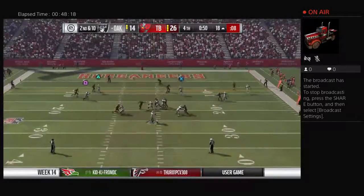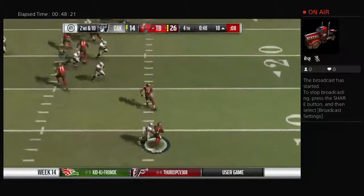Back to the air on 2nd down. It's Carr. And this is intercepted. And that's